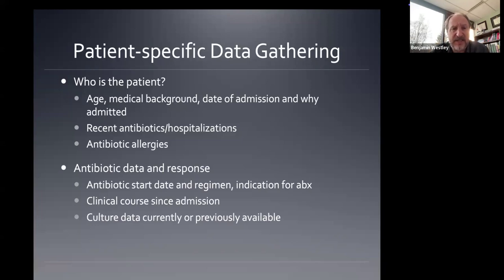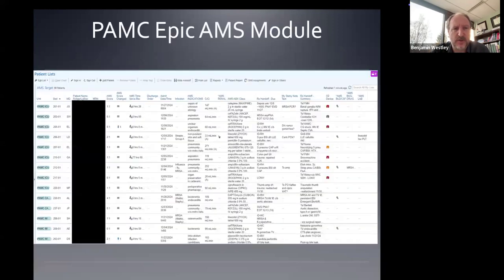Then we need to know, when did they start on the current medicine? What's going on? Are they better, worse, etc.? And then we need to review what to do. So this can be accomplished by paper review. This can be accomplished by ancillary electronic health record extenders like Theradoc, or things can be built into EHRs such